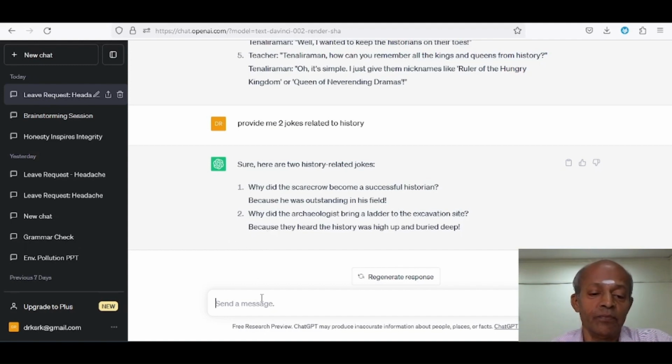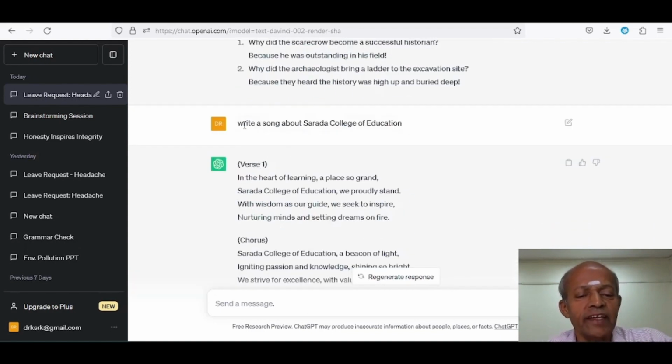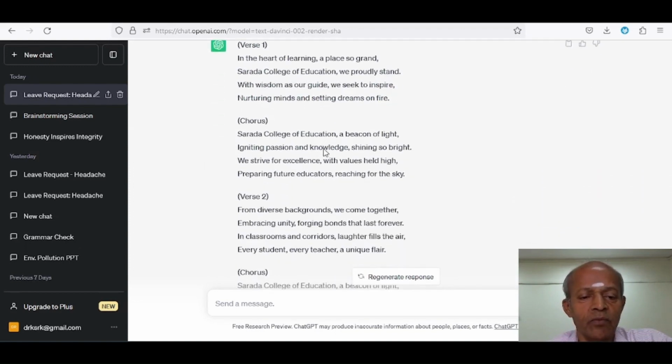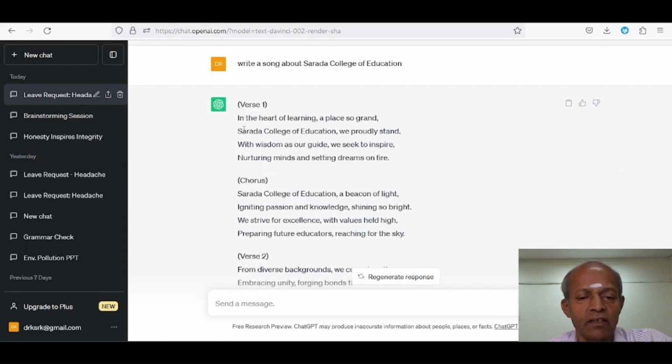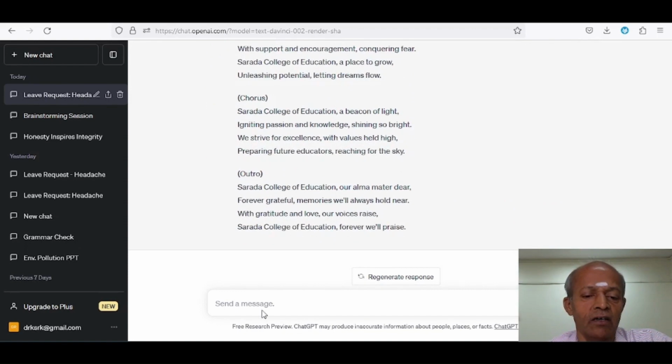So you may wonder, see, for example, I am asking, write a song about Sarda College of Education. So I asked ChatGPT to write a song about Sarda College of Education, and it has given some 5 verses. See, verse 1, verse 2, the chorus, and like that it has given a song. In case I am extending further, I am asking it to write a musical note